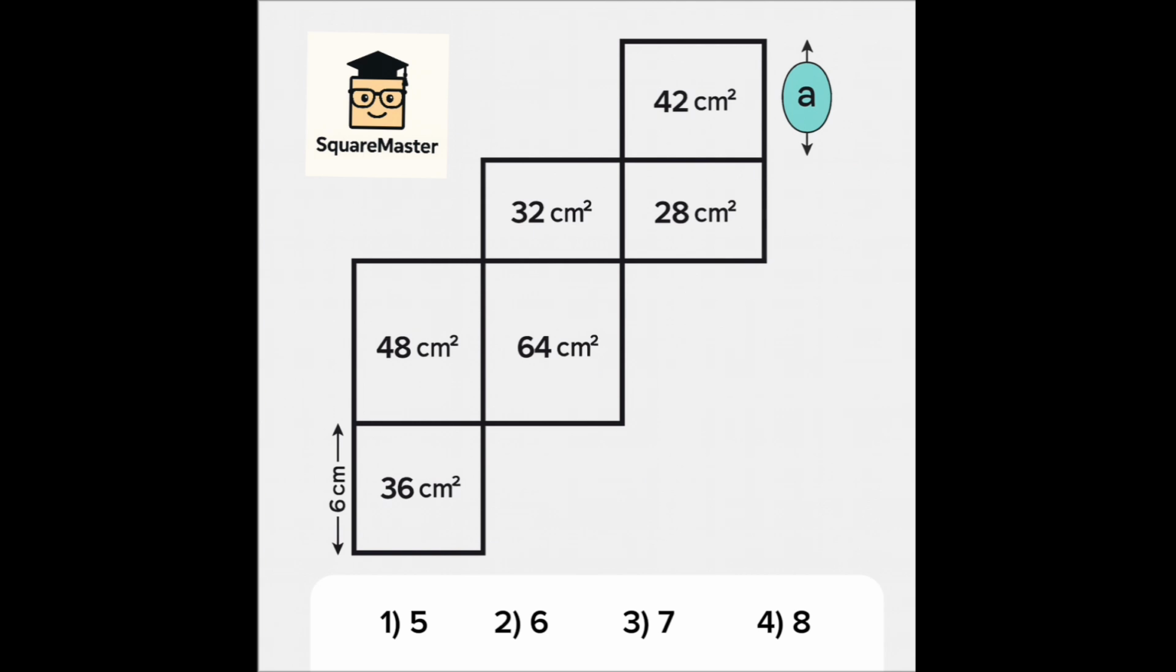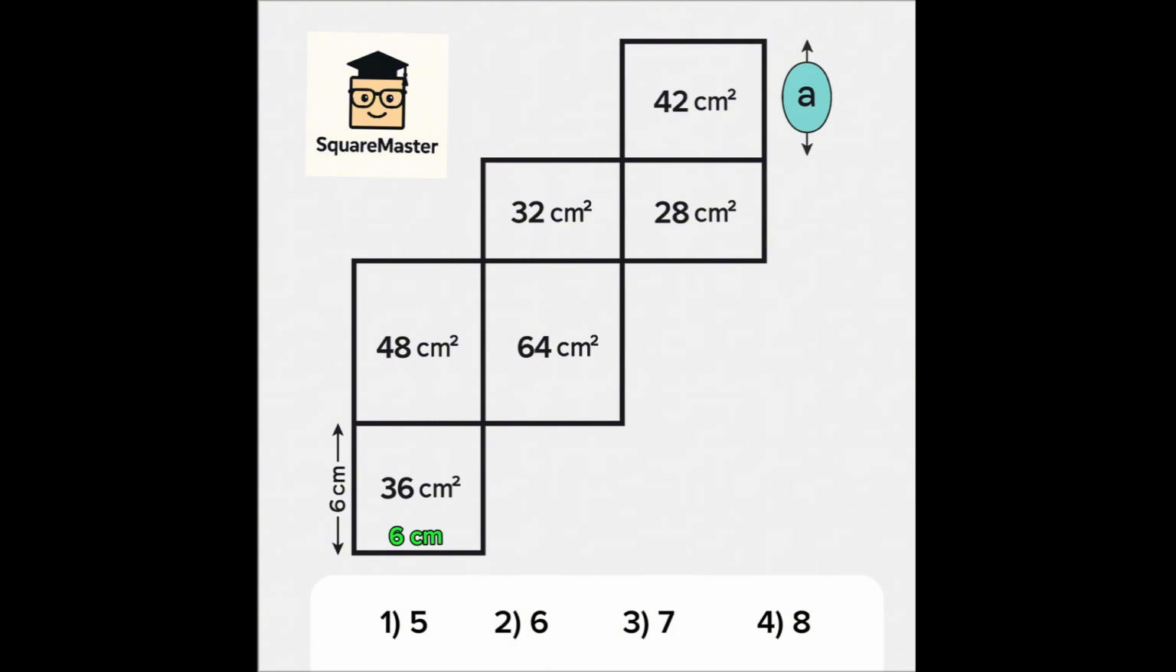We start from the bottom left rectangle, the one with an area of 36 square centimeters. Next to it, we see a vertical measurement of 6 centimeters, which tells us that one side of that 36 square centimeter rectangle must also be 6. So if the length is 6, the width must be 36 divided by 6, giving us 6 centimeters for both